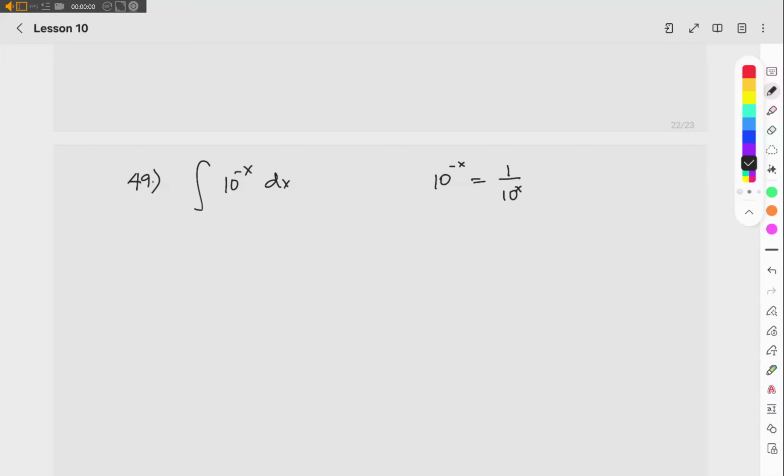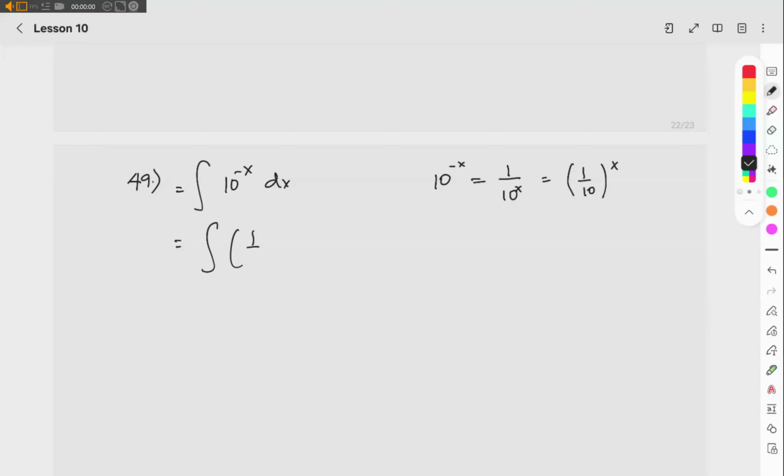Yes. You can also rewrite this as 1 over 10 to the x. Is this the same thing or no? Because 1 over any number is going to be 1 over that number. It's the same thing. So you can rewrite this as